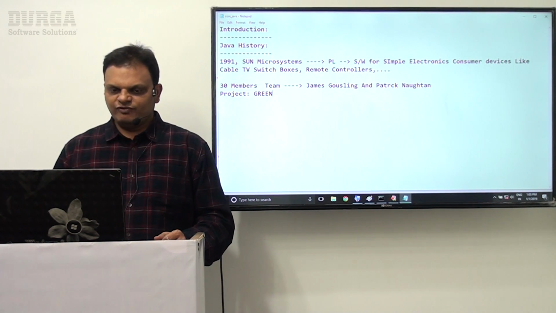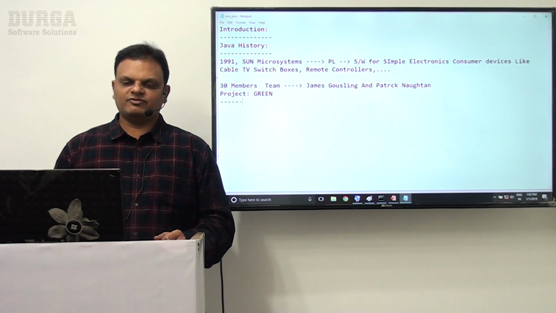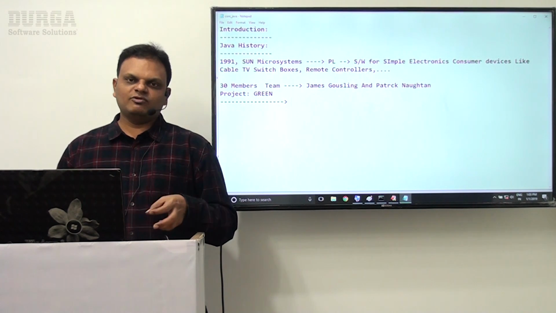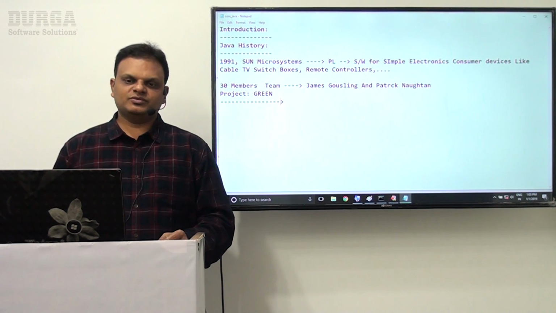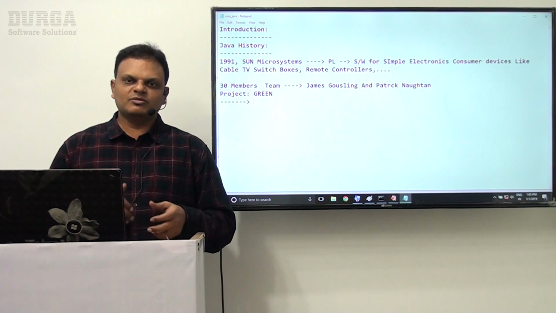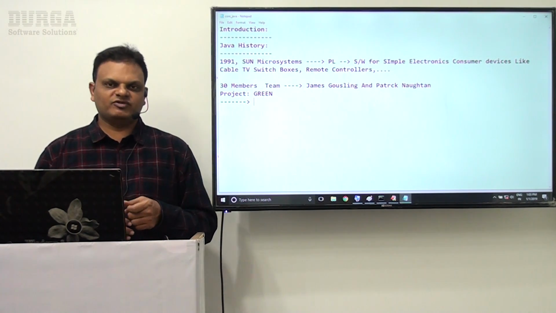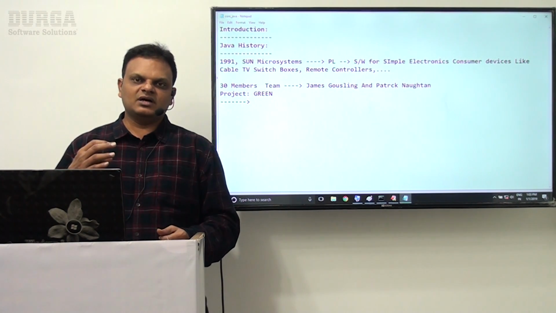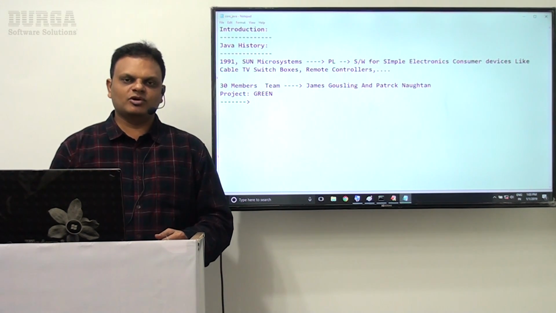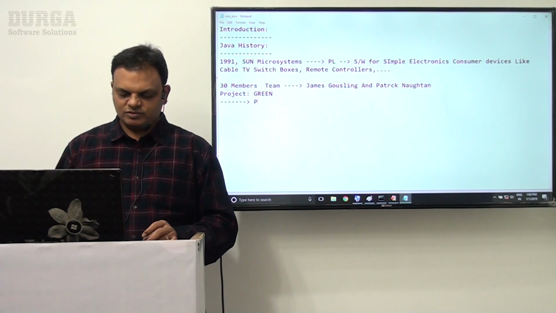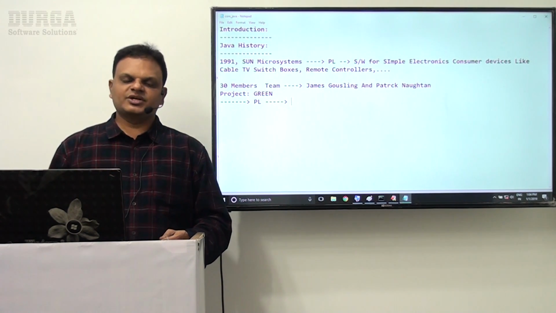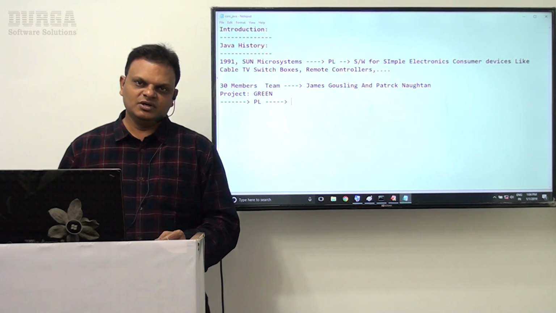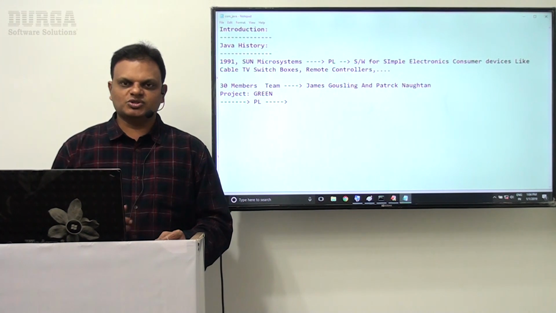Good. Before creating this new programming language, first of all, they wanted to decide what exactly the nature they wanted to see in it. Before starting their implementation, they wanted to know what features and qualities they wanted in their new programming language. They concentrated mainly on three features. What are the three features they wanted to concentrate on?